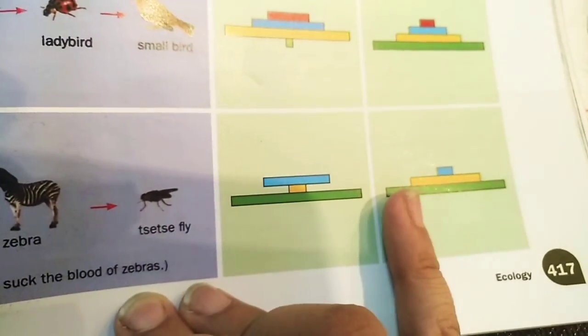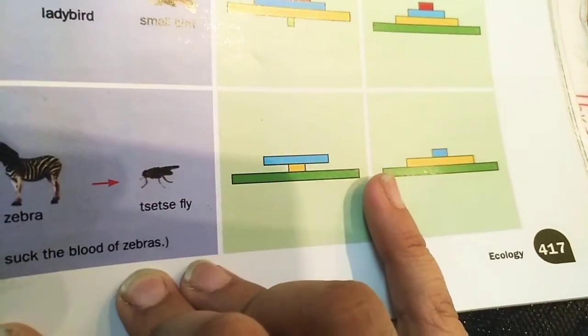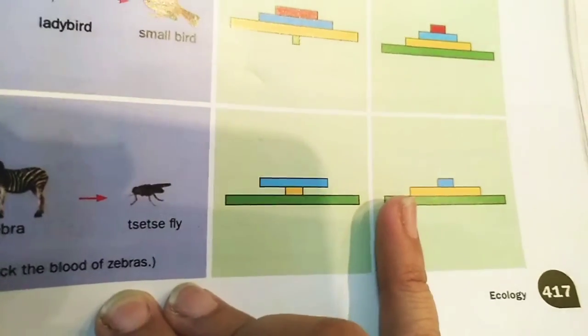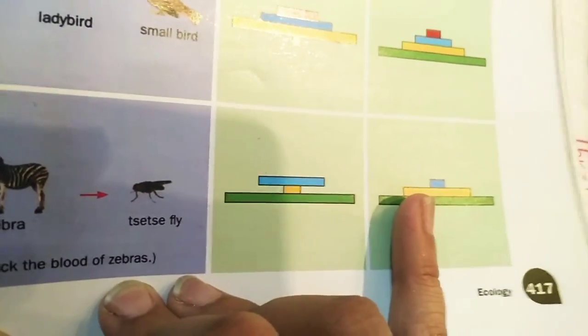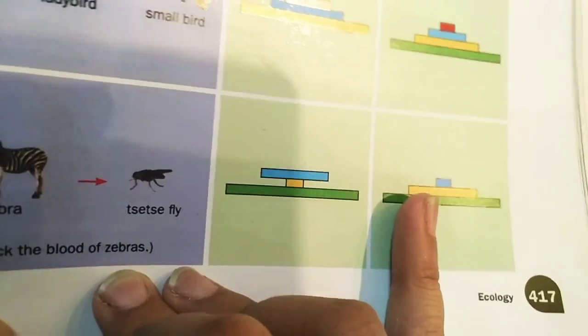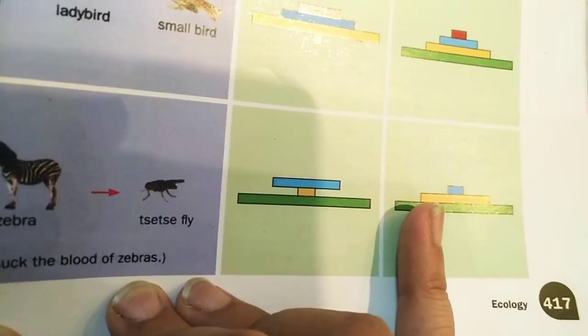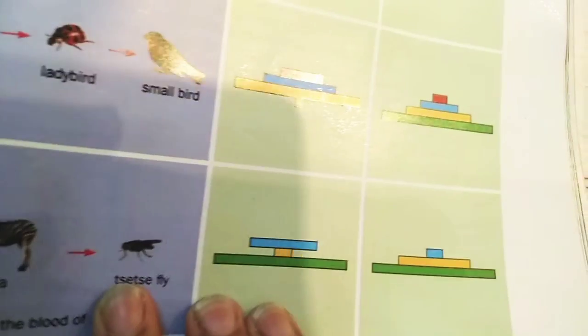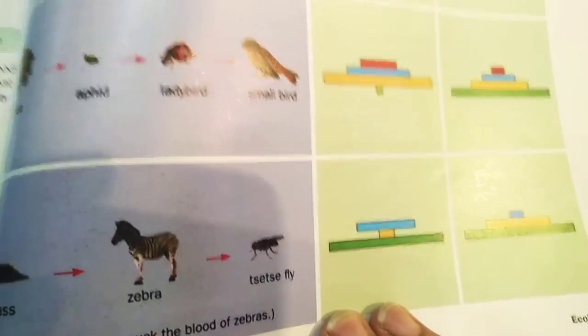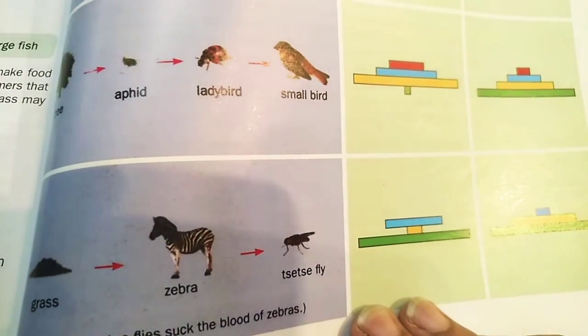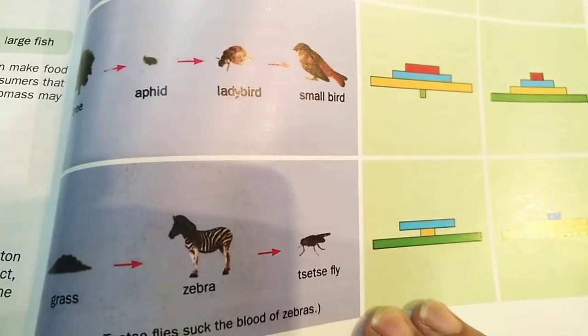Now come to the other side. Big grass, one animal. By biomass, definitely the biomass of the grass is more as compared to the biomass of the zebra, and then maybe 1000 flies have less biomass as compared to one zebra. So definitely it is represented in another way. In this way, we can represent different food chains by their different pyramids of number and different pyramids of biomass.